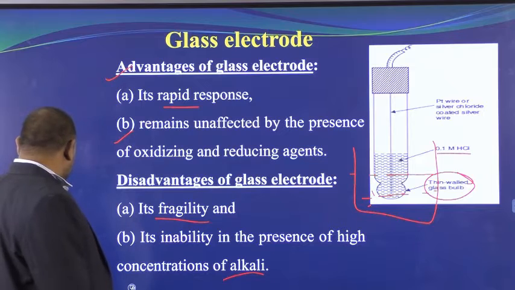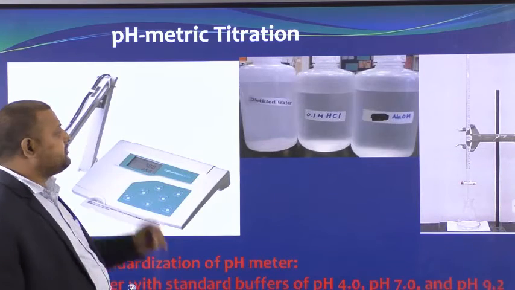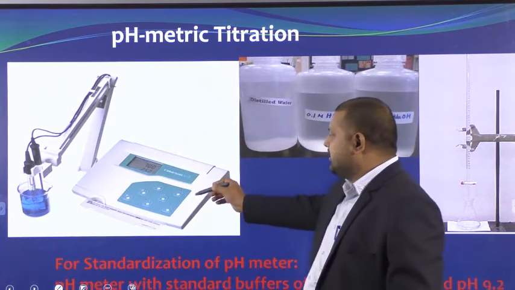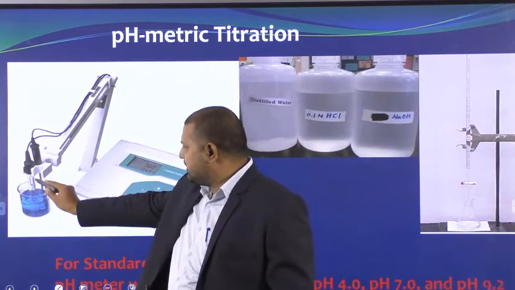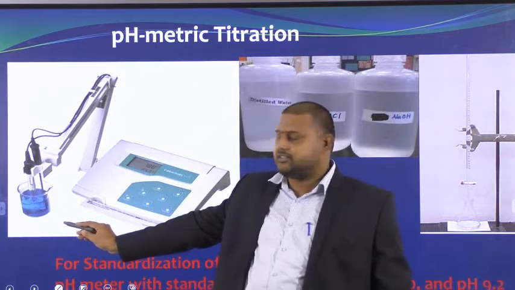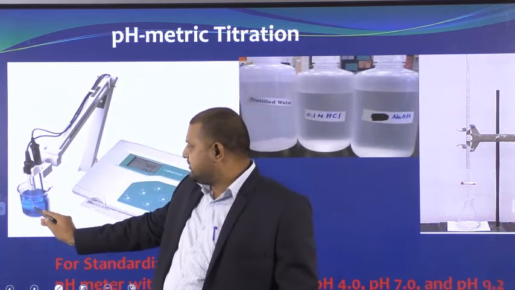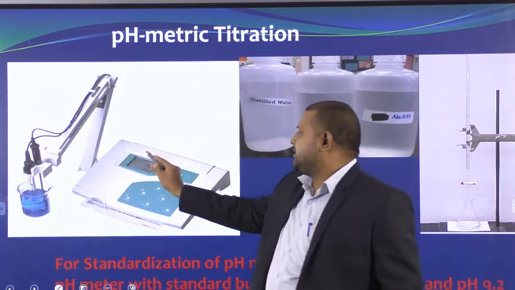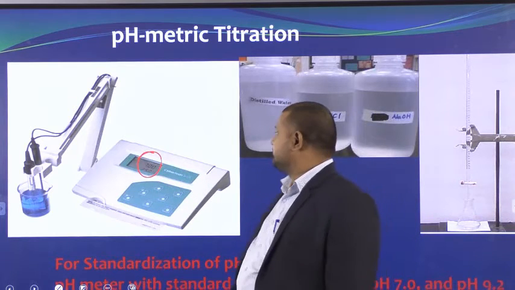Now I was saying you can see pH. So what is this pH and how can we measure it? This is the pH meter. This is the glass electrode I was talking about till now. You should dip it in the solution. This is the beaker. In the beaker I have taken the solution, I have dipped the electrode, and it is connected to this, and we see the pH here. This is the pH it is showing.